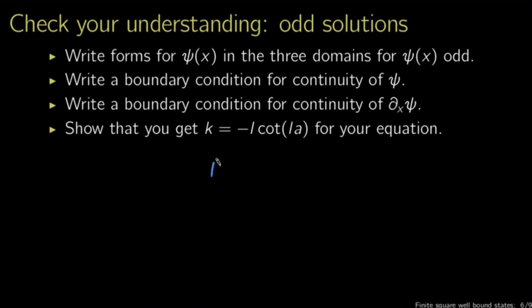What we got there was k equals L tan LA. For the odd solutions, you get k equals minus L cotangent of LA. These are, unfortunately, transcendental equations that don't have a particularly nice solution. There's nothing that we can really do other than solve these things numerically. What's nice about this is that I can solve it graphically. For instance,